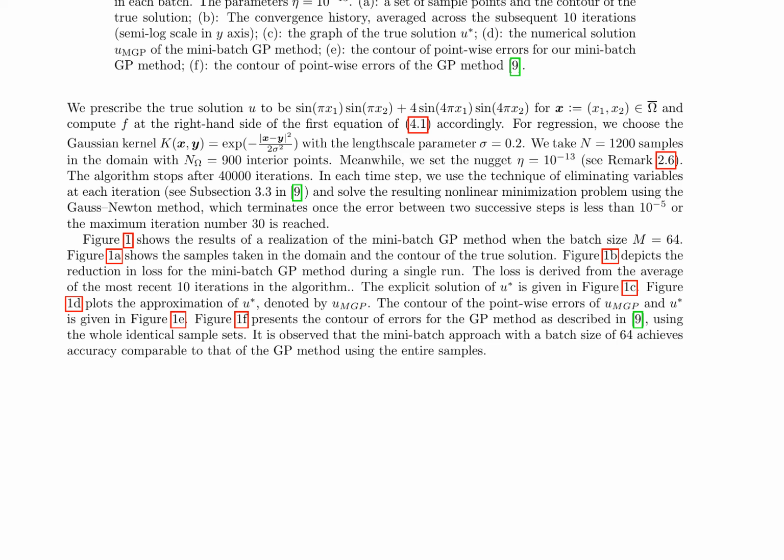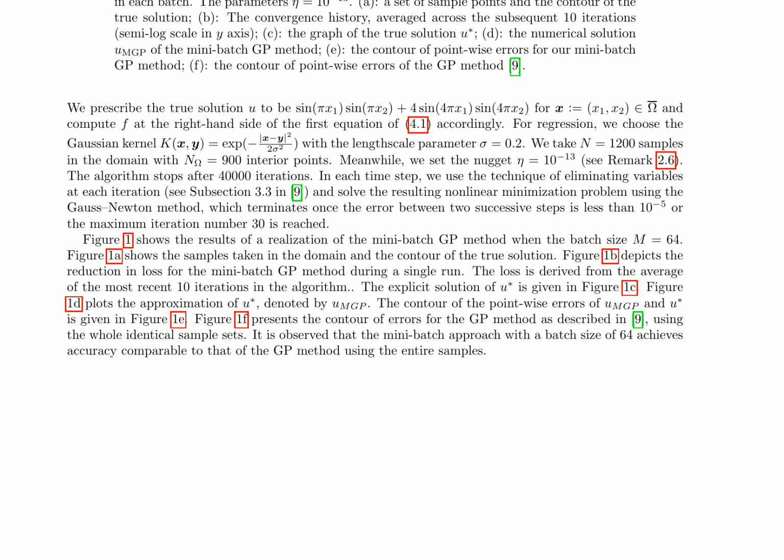The algorithm uses n equals 1200 samples in the domain, with n omega equals 900 interior points, and stops after 40,000 iterations. The technique of eliminating variables at each iteration is employed, and the resulting nonlinear minimization problem is solved